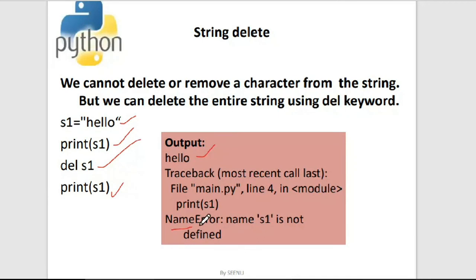So here I have shown you three types of errors with different names. The first one is a type error, the next one is the index error, and now I'm showing the name error. When you try to access a variable which is not defined at all, then you'll get the name error. Everything is an object here in Python. So s1 is an object, and the object is no more existing in the memory. When you try to access such objects, you'll get a name error.